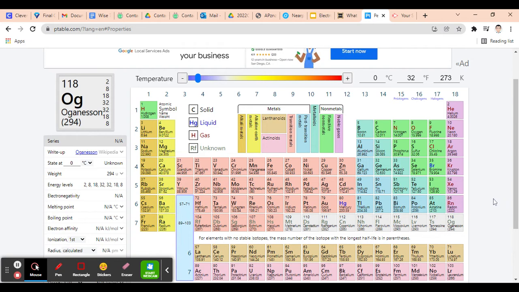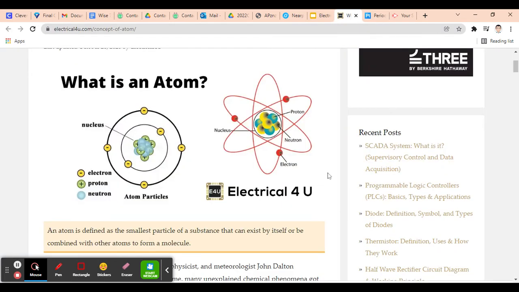Now, keep in mind, matter is anything that has mass and takes up space. So things like the desk in the classroom, the walls, the floor, your batteries, those things are matter. Things in the room that are not matter are things like the temperature in the room, the light in the room, the sound in the room. Those things are energy. And all things in the universe are either matter or energy. But we're talking about the atom, which is the building blocks of matter. So going back to the atom